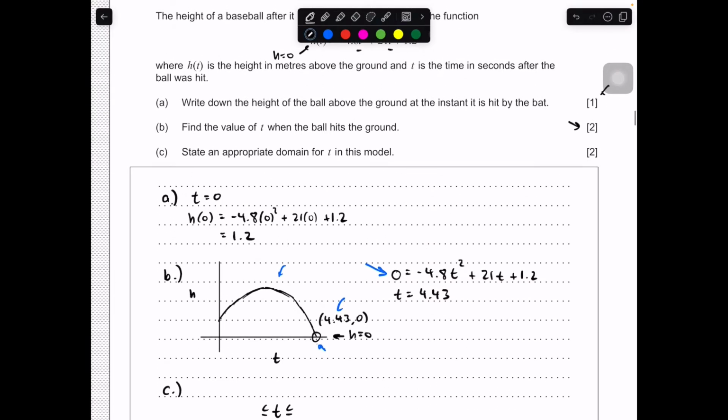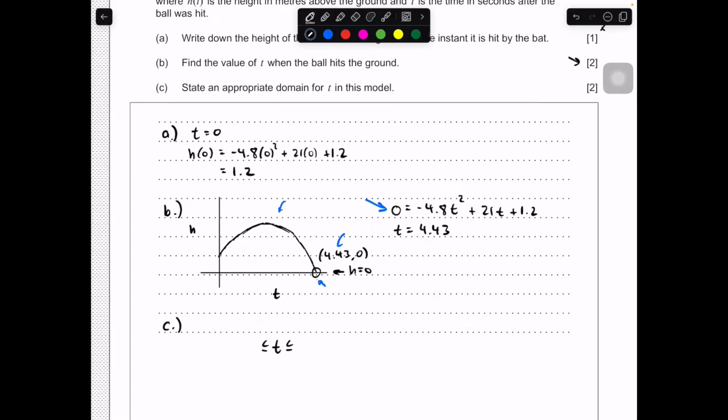We know the ball is hit exactly when t is equal to 0, and t is equal to 0 would be acceptable. So we don't need to just have it greater than 0, but t greater than or equal to 0 would also be okay. And then we know the ball hits the ground at 4.43 seconds, and so anything beyond that wouldn't produce a meaningful result. If we were to substitute into our function, the ball would be somewhere negative in the ground. So the last meaningful value for our domain, our set of inputs of t that's going to produce a reasonable result, would be